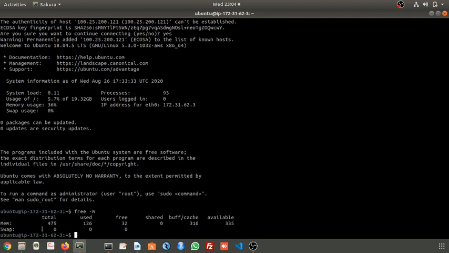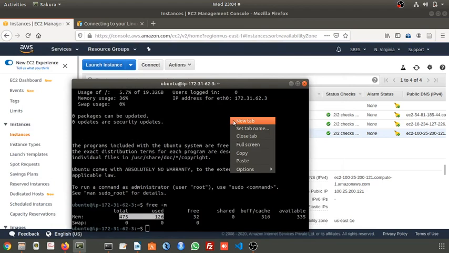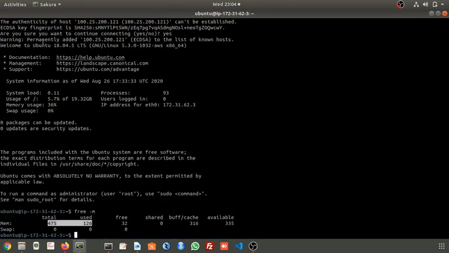See, this is the 512 MB RAM given as per the instance type nano. Now what we did, I'll create one more copy of this, then we'll see.